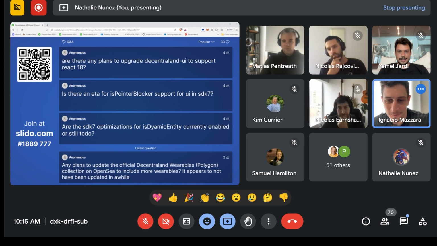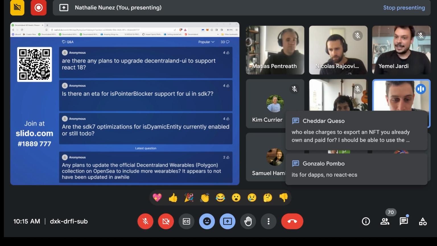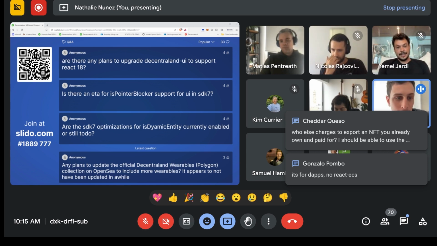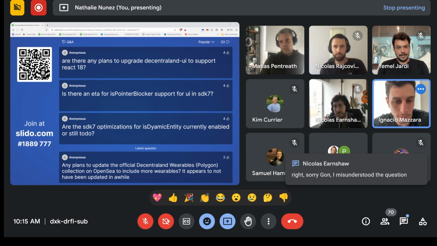Okay. Yes, the plan is to have all the React versions up to date. Nowadays it's not a priority, but obviously our goal is to be up to date with the latest technologies.